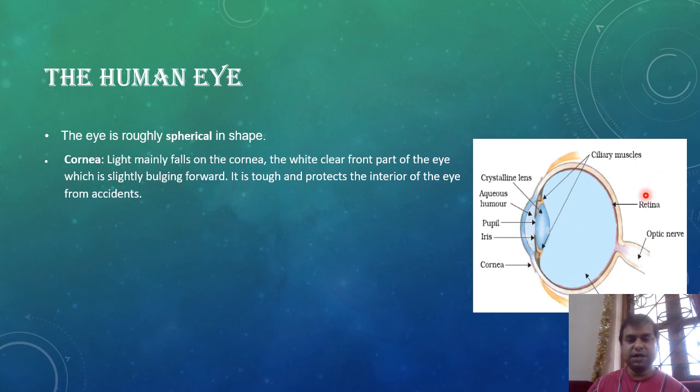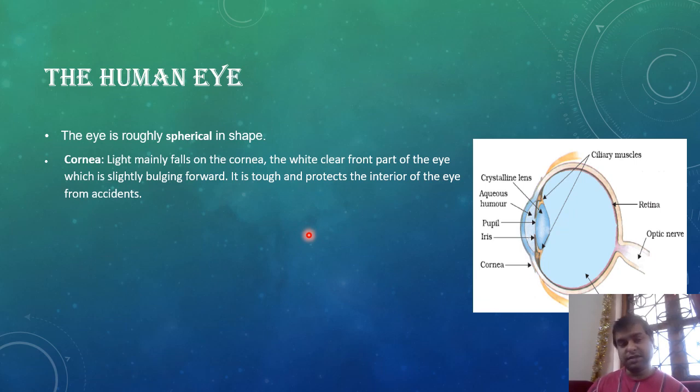Now, coming to the first part of the eye. If you have a look, the first part that our slide tells us is that of the cornea. And the cornea is somewhere over here. Have a look. Now, what happens in the cornea? It says light falls on the cornea, the white clear part of the eye, which is slightly bulging outward. So just the outside part of your eye which comes out, that part is referred to as the cornea. This outside part that comes out is tough and it protects the interior of the eye from